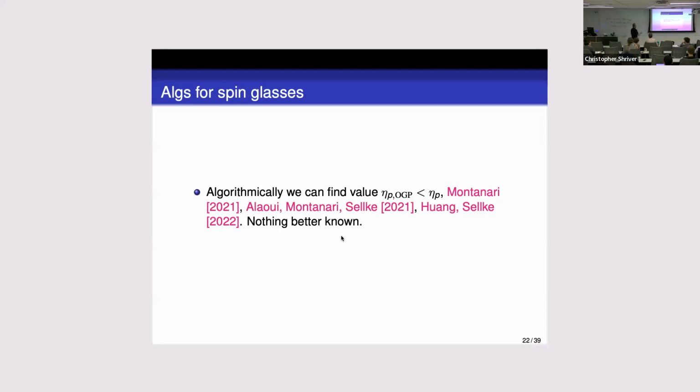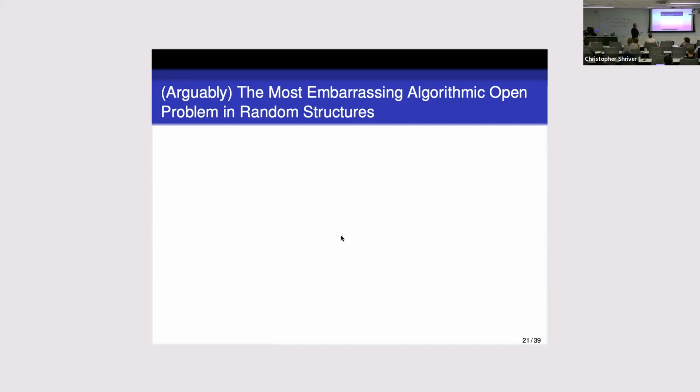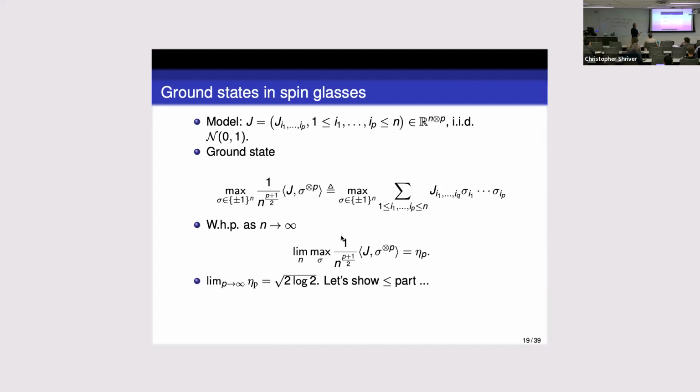Right. Okay. So let me go to the slide where I have independence. So, okay, that's the model. Let me just describe the model. It could be many things, but let me describe something concrete. So we consider a random tensor. It's a little bit of a dense slide, so let me walk you through that. We consider a random tensor. So it's an n by p tensor. If p is equal to 2, that would be just a matrix. Every entry is standard normal.